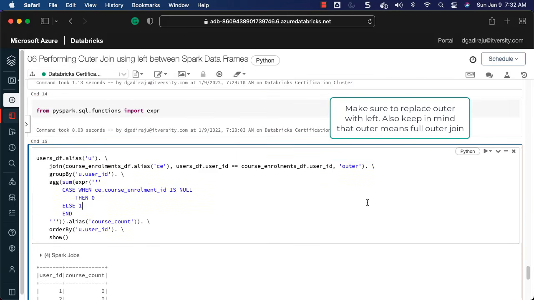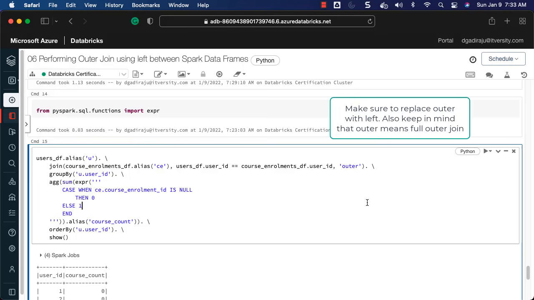Keep in mind that it is very important for you to understand how to perform downstream transformations on top of data frames that are created using join results. If you are not comfortable with it, then you will be struggling with respect to solving the problems, both in certification exams but also as part of the real projects. That being said,